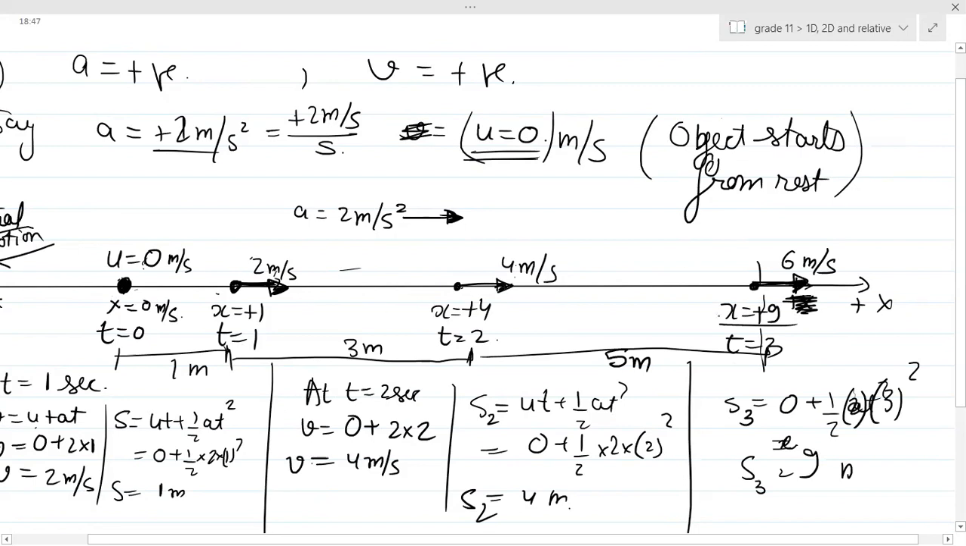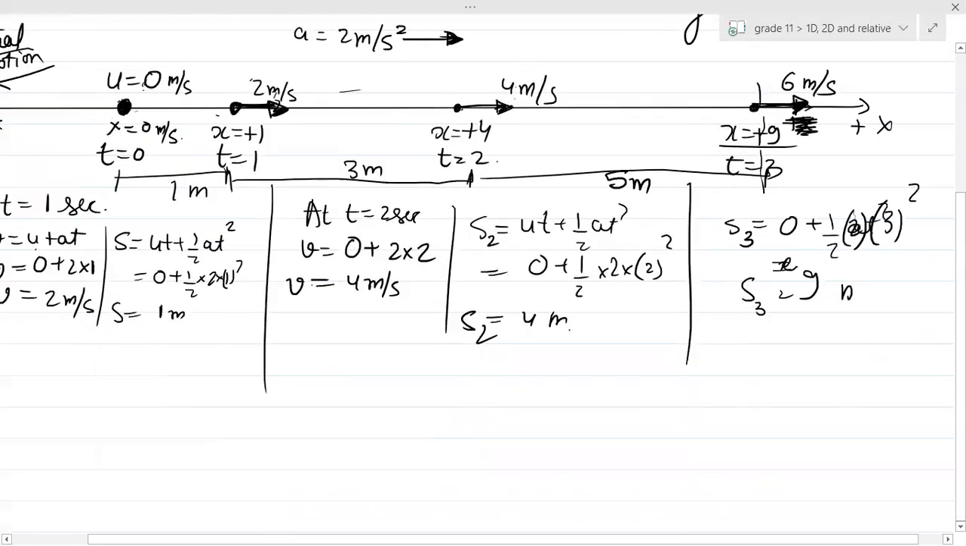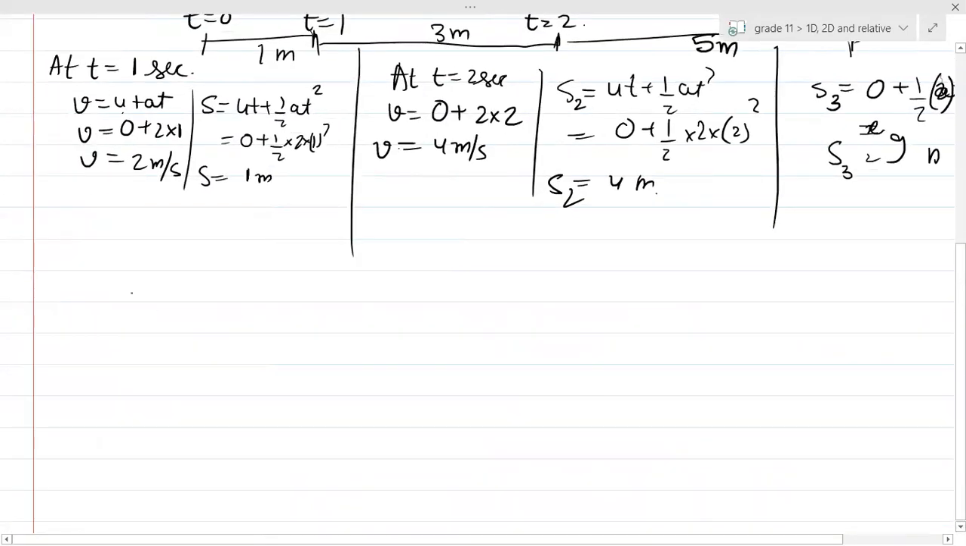Shall we plot a graph of this now? Okay. So if I draw a position time graph,